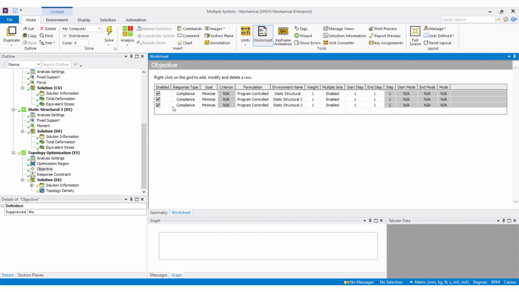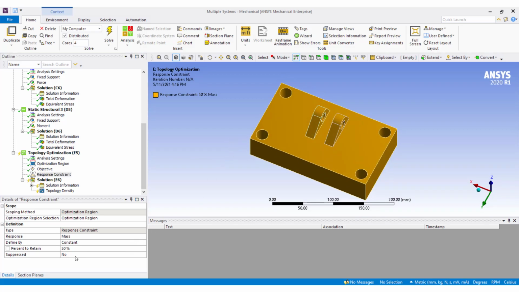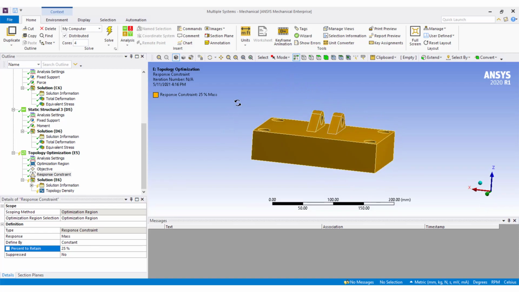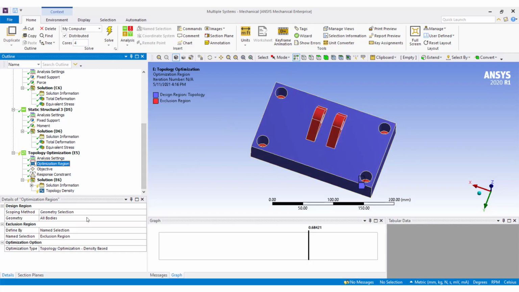In response constraint, one can specify the percentage of mass of the body to retain. In this case, I want 25% to retain. Now I can run the analysis.